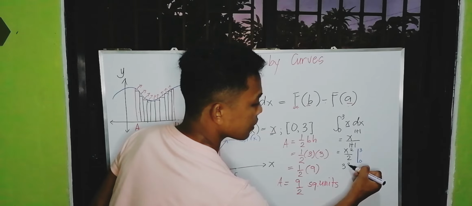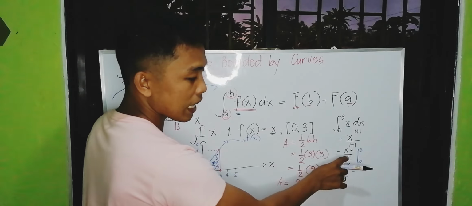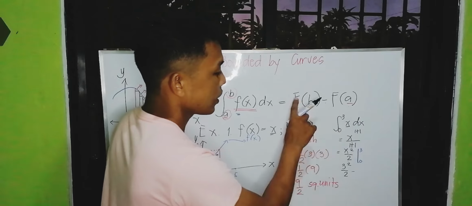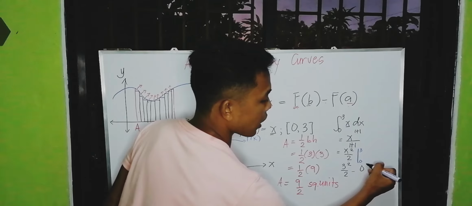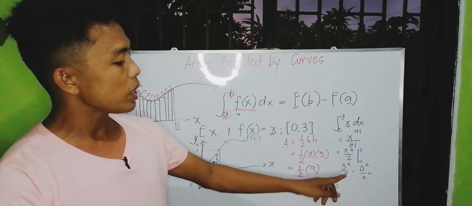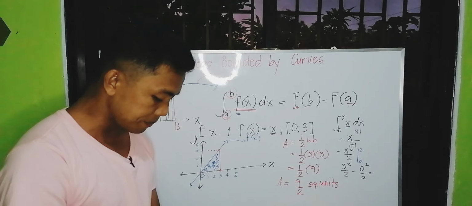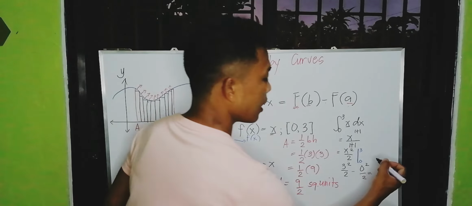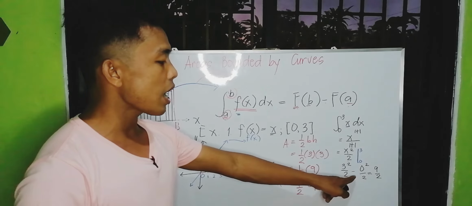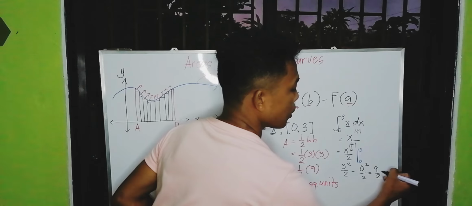We have 3 squared over 2 minus. Ito na yung f of b. Kasi pinalit na natin si 3 sa x. I-copy mo si squared and si 2. Minus. Dito na tayo kay 0. F of 0. Therefore, we have 0 squared over 2. Continue natin. So, makikita natin that we have 3 squared. Or simply, it means 3 times 3. Ngayon, ano mangyayari? So, dahil 3 times 3 siya, magiging siyang 9 over 2. Okay, 9 over 2 siya. And then we have minus 0 over 2. So, 0 over 2, 0 na siya. Therefore, the answer is 9 over 2 square